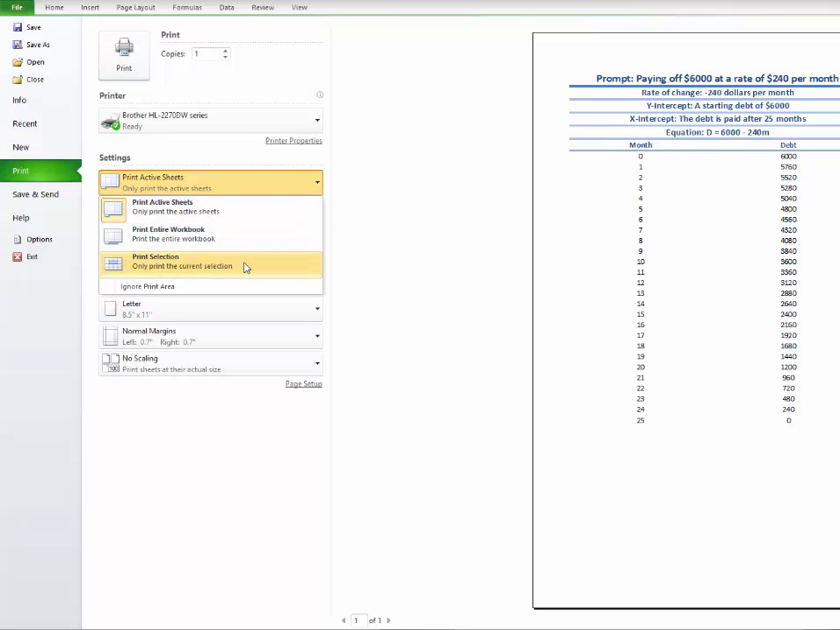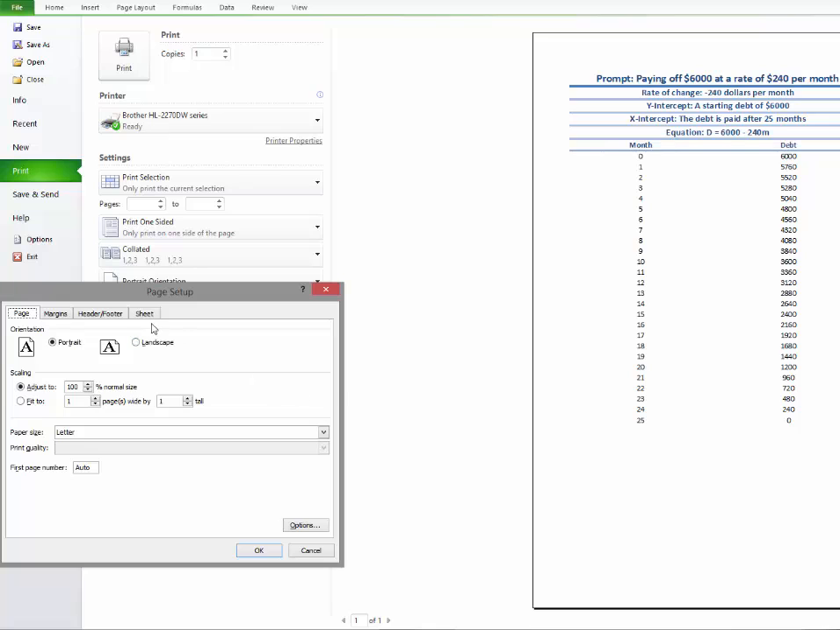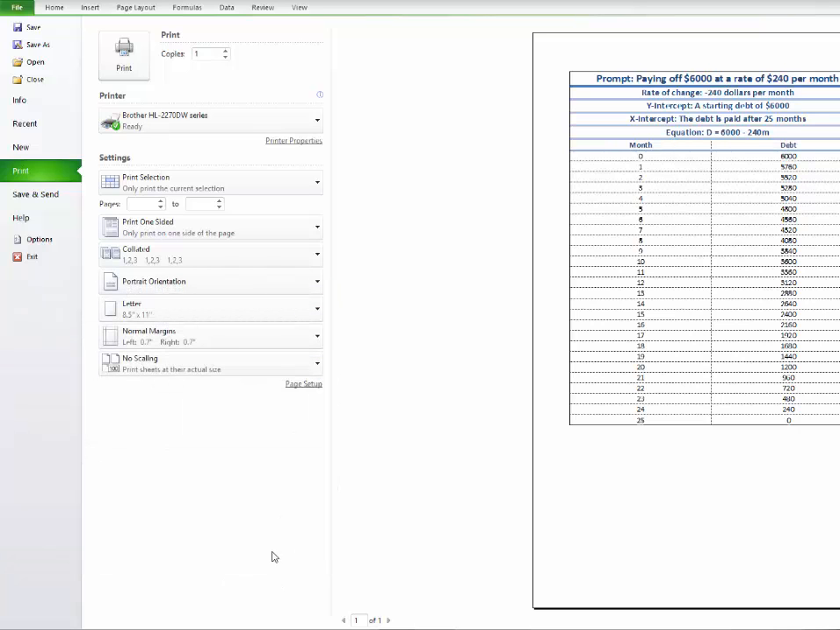Go down and select Print Selection, and then come in here to Page Setup and click on the Sheet tab, and then select Grid Lines. I'd like to have the grid lines in there, so when it prints, it's going to print in those cell boxes. And then that's good for that. And then if you click Print, it'll give you a nice data table that you can cut out and paste